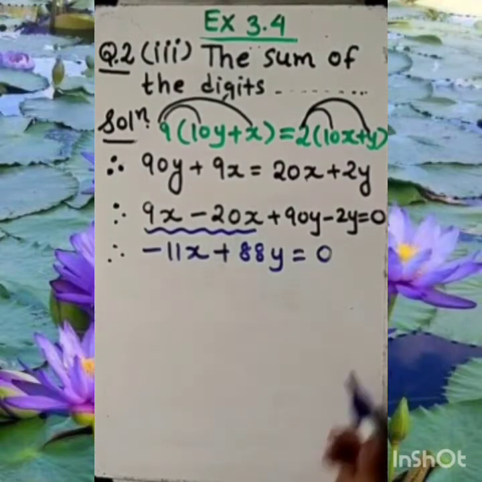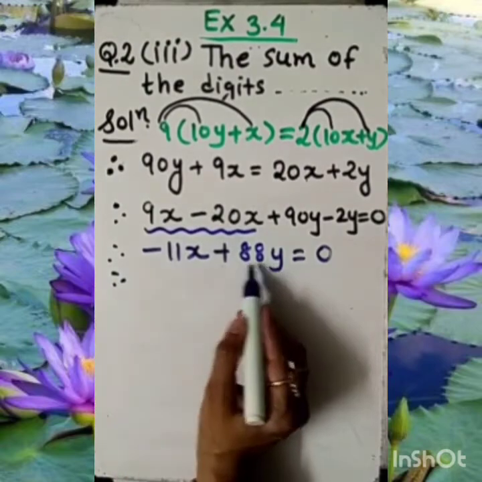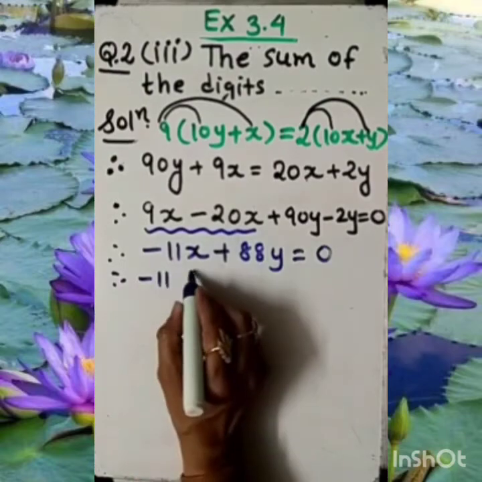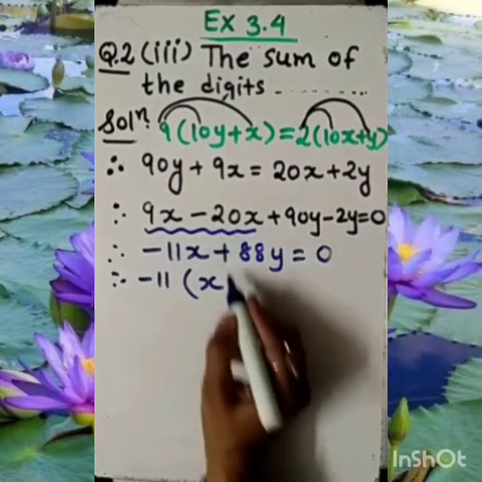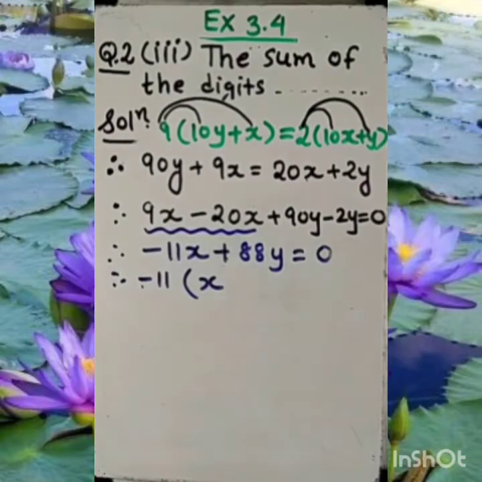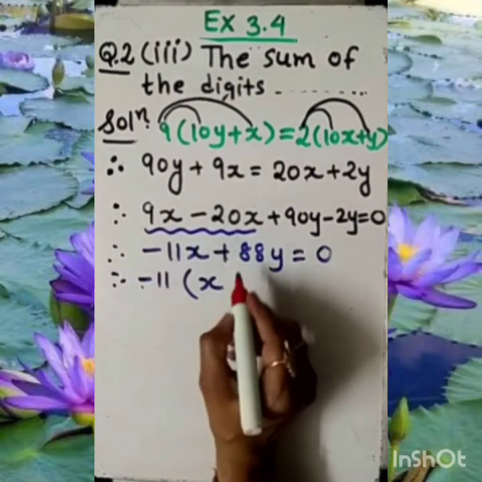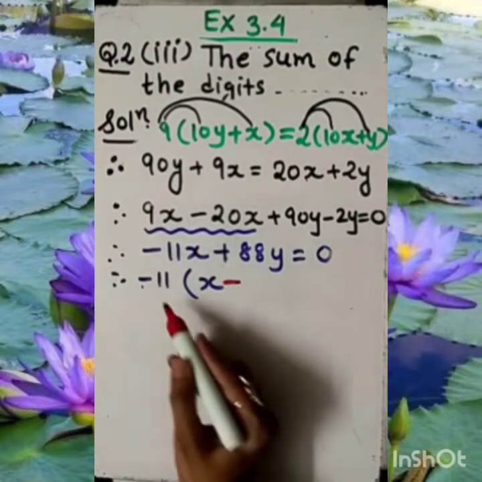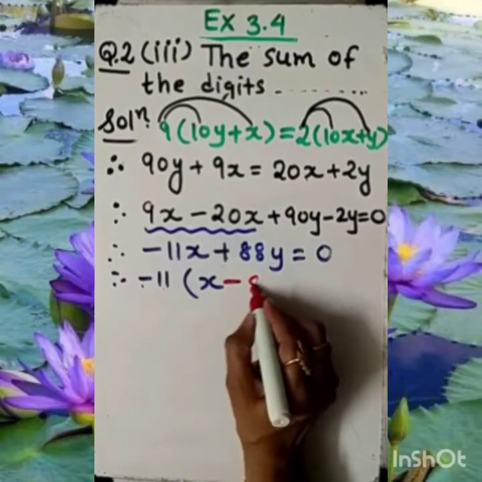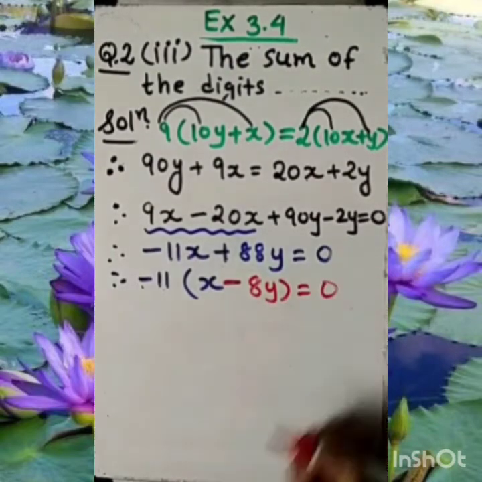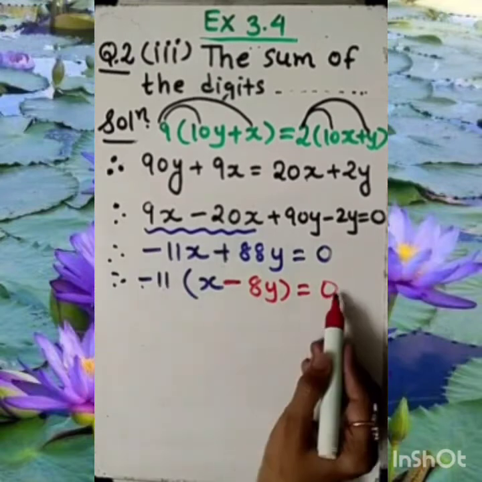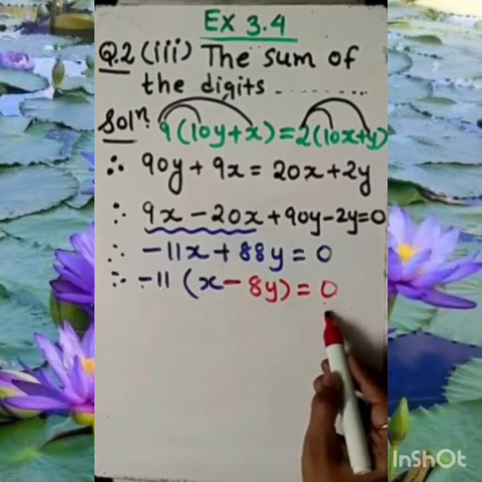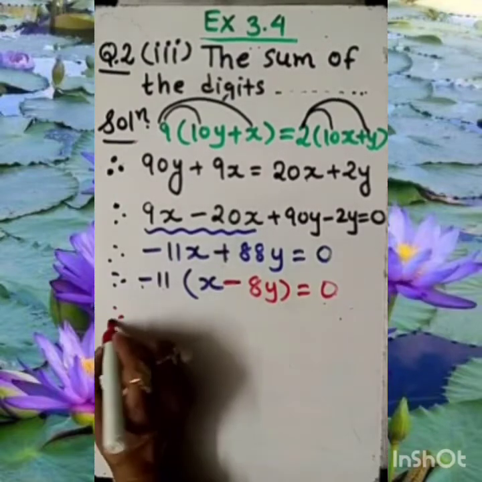Now, if we want to simplify this equation, we can see something should be common from this. For that, I am taking minus 11 common. So here this will become x. Here the sign will be changed, because of this minus sign. Here we need to write minus. Now as 11 times 8 is 88, so here 8y, which is equal to 0. And you know, dear student, there is 0 and here minus 11. If I bring it to this side, that will be 0 upon minus 11. Alternatively, it will become 0.